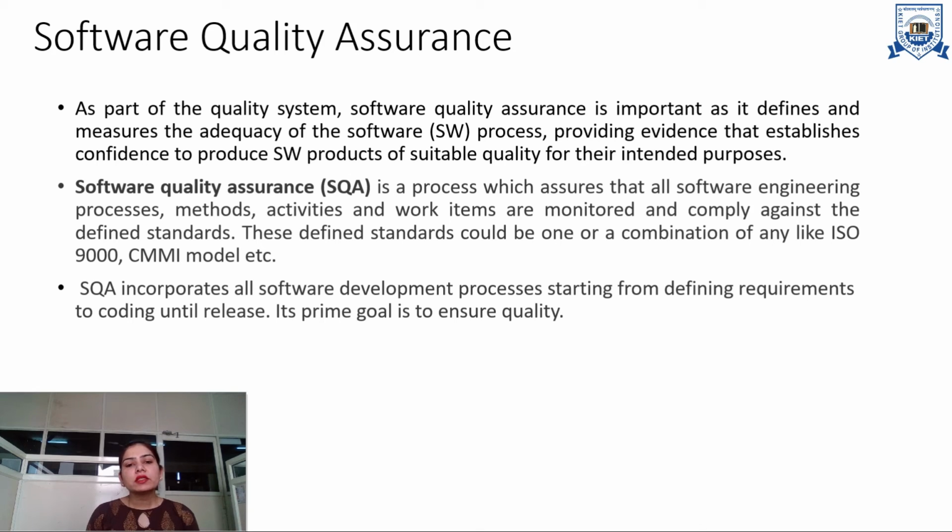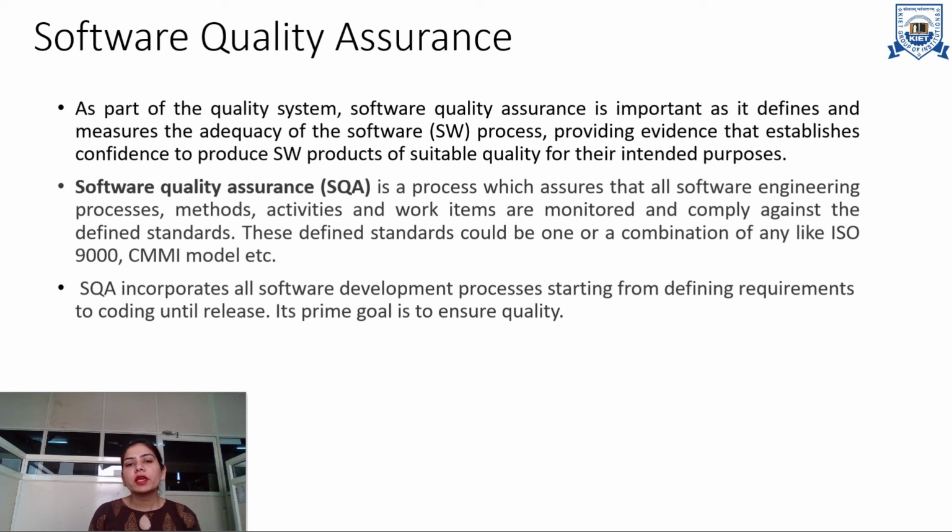As a part of the quality system, software quality assurance is very important as it defines and measures the adequacy of the software process, providing evidence that establishes confidence in the software product for its suitability, for its quality and for the intended purpose. Software quality assurance incorporates all the software development processes, starting from defining the requirements to coding until its release. So its prime concern, or the prime